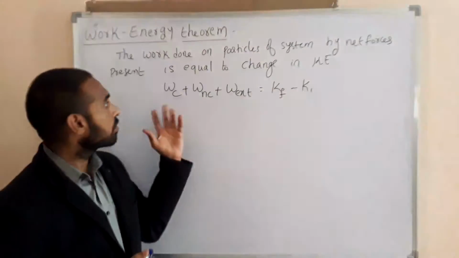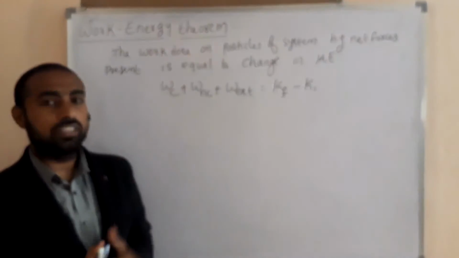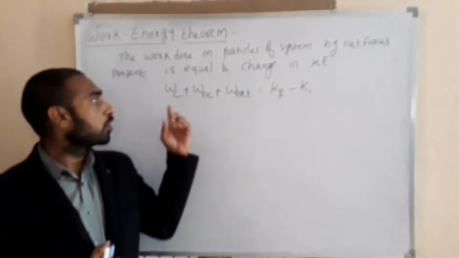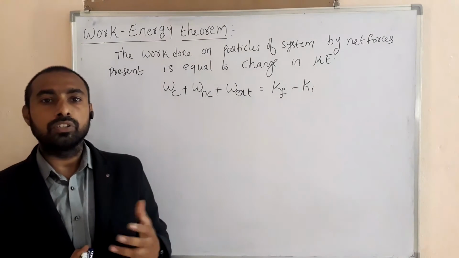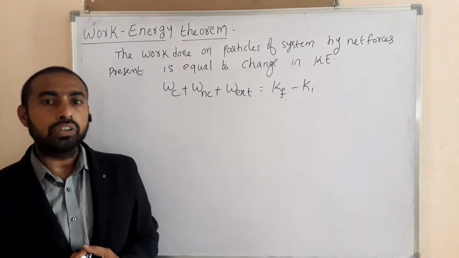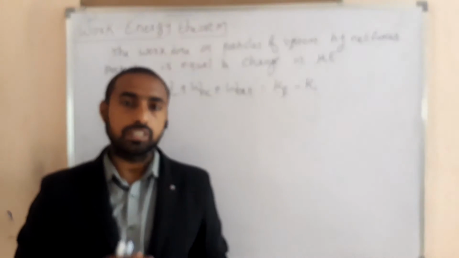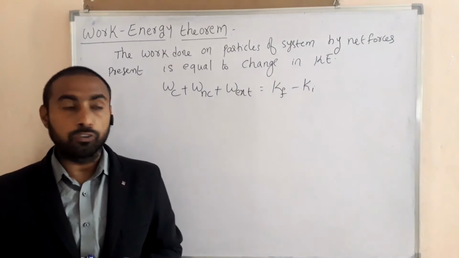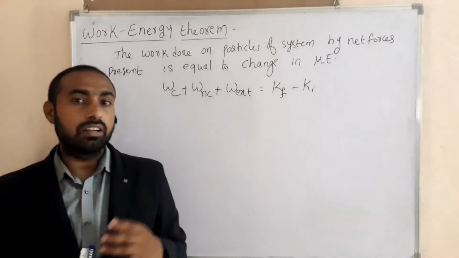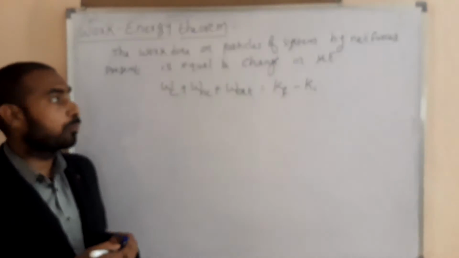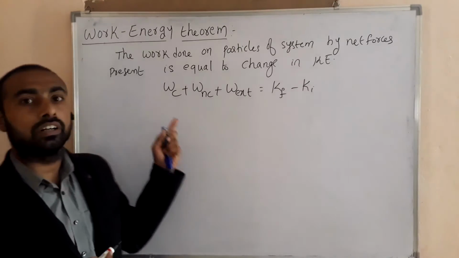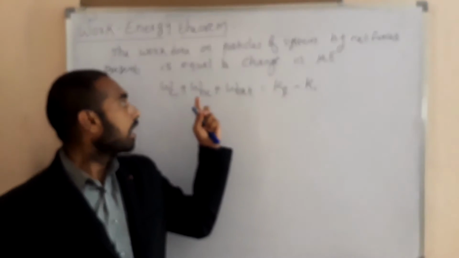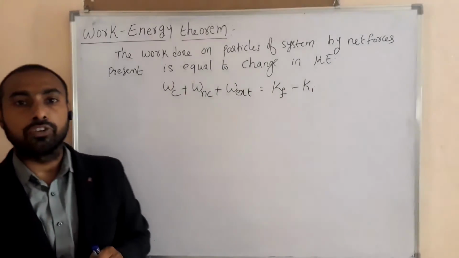Now our discussion is what is conservative force and what is non-conservative force. So what is the conservative force? Total work done in one round trip by a conservative force is equal to 0. What are the examples of conservative forces? Gravitational force and the Coulomb electrostatic force, including spring force, come under the conservative forces. Another important point about the conservative force is that work done by the conservative force is equal to the negative of the change in potential energy.